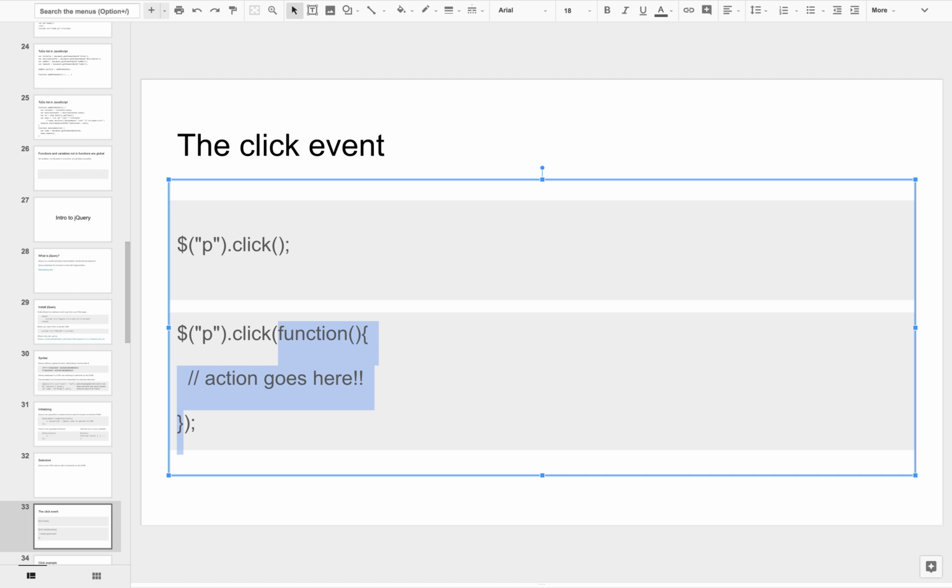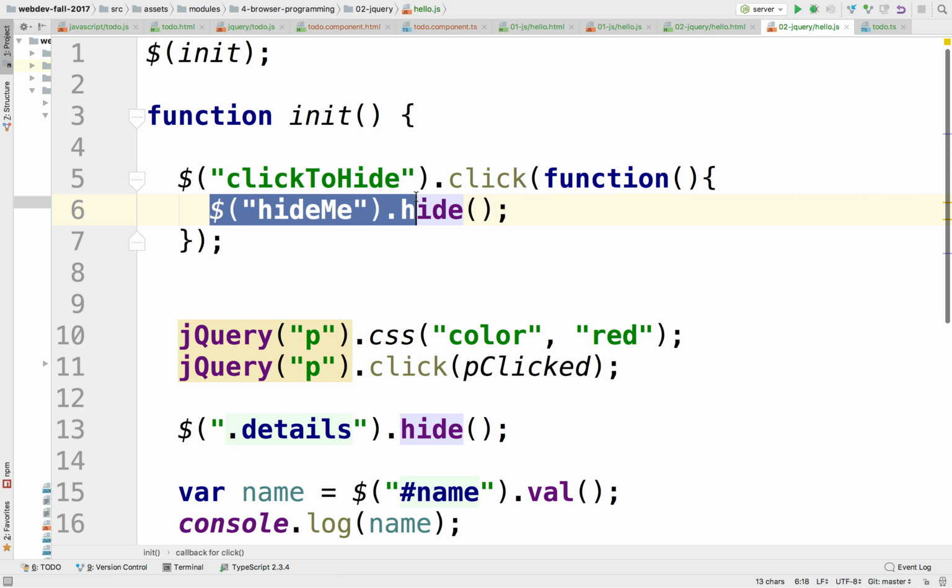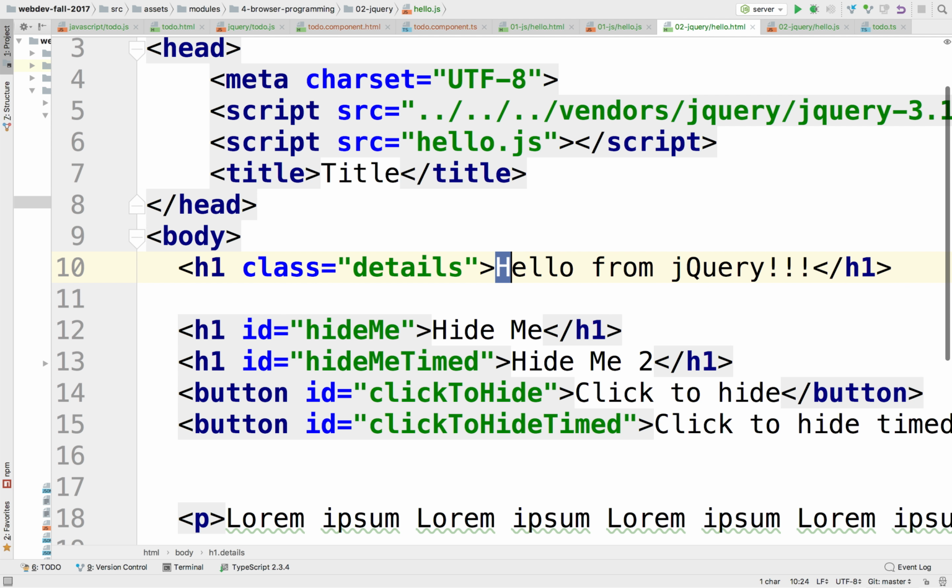This says grab the click to hide, and when it's clicked, grab hide me and hide it. So click to hide is this one. Click to hide is an ID, so this should be hash. And hide me is also an ID. I forgot to put the hashes there. Let me fix that.